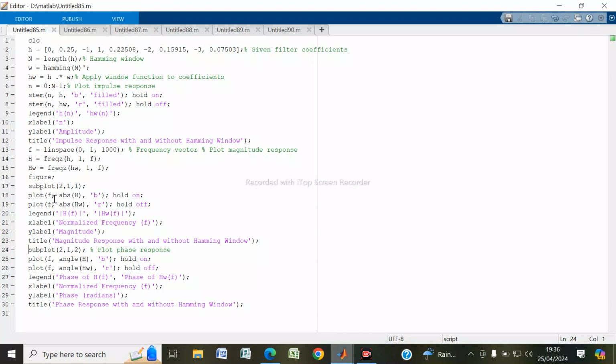Now we subplot, using abs for the absolute value of H at the w values, and in this way you do subplotting, first of all the magnitude response and then the phase response. So when we run this program,